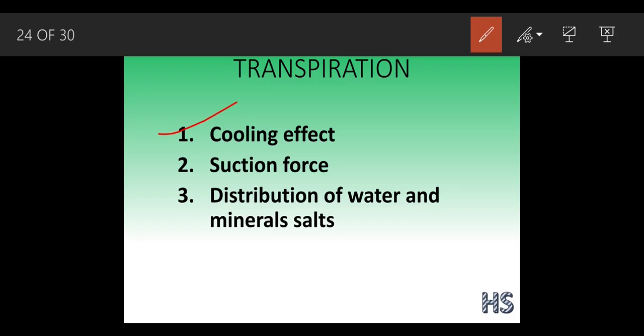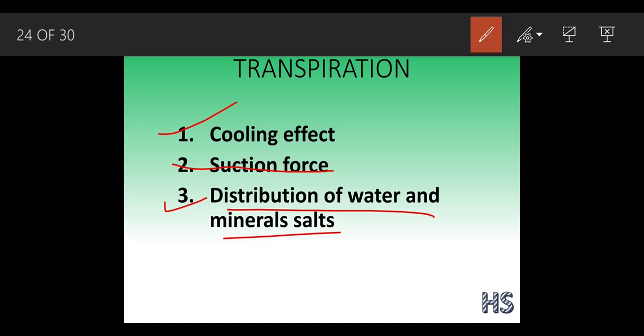The same like that. If transpiration does not occur in a plant, the enzymes which are present inside the plant won't lead to photosynthesis and other processes of the plant. Okay, so because of this, the plants won't survive. So what happens? They lose their water and give a cooling effect. Okay, whenever we sweat and when our plants also transpire, it gives a pleasant climate to the environment. Suction force we are going to discuss in detail. Let's keep it on hold right now.